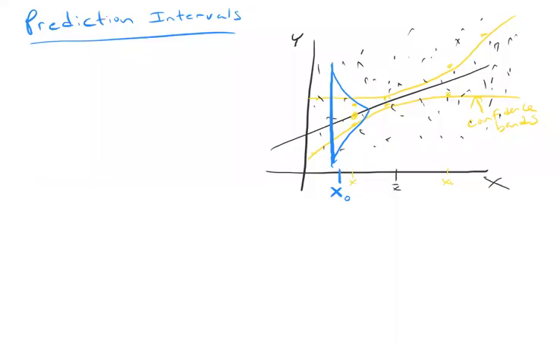So how will I calculate this? Well, the mean is the same. In other words, the middle of my prediction interval is the same as the middle of my confidence interval. If someone walks in the door and has a particular value of x naught, my best guess at y is still beta naught hat plus beta 1 hat times x naught, right? That's still my best guess. So let's label that here.